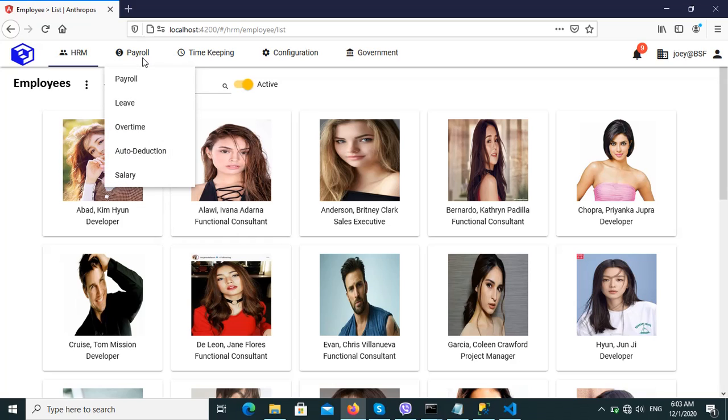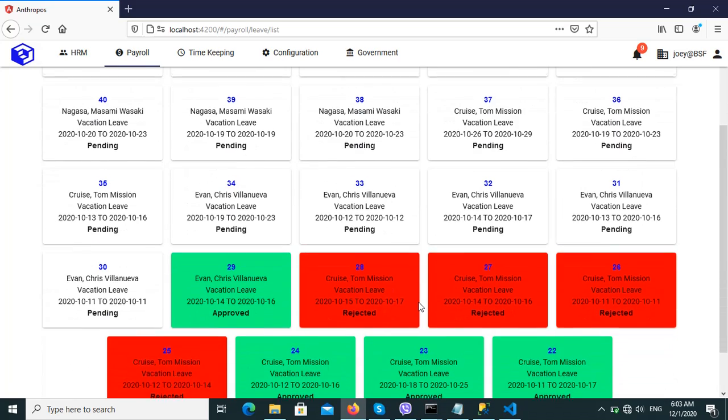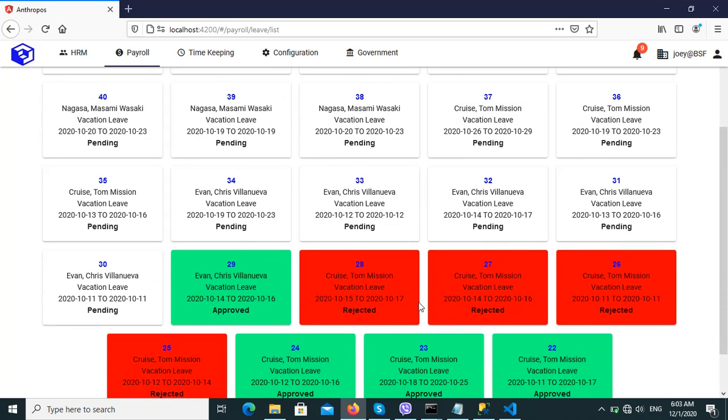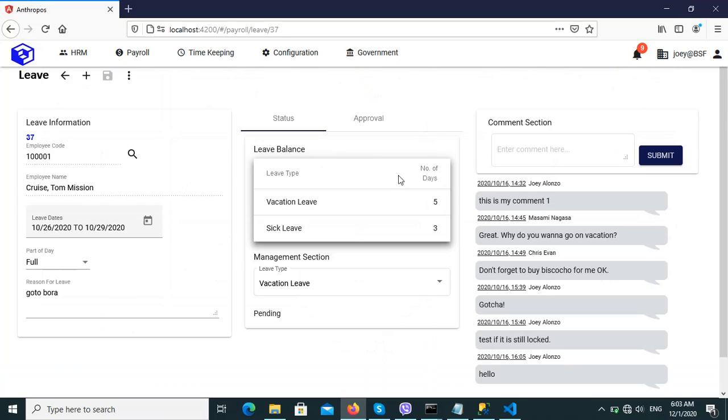Another item that I want to show you are the transactions that you can do. So like here we can do application of leave. So each employee can apply for leave. Okay, so if I go to the details of the leave, you can see here the starting date and ending date of the leave. You can specify whether it's full or half day, so whether it's first half of the day, maybe in the morning, and then this one is if the employee is having leave in the afternoon, the reason for the leave,